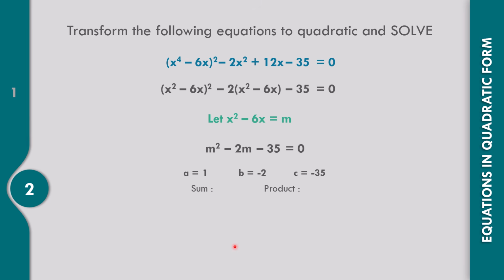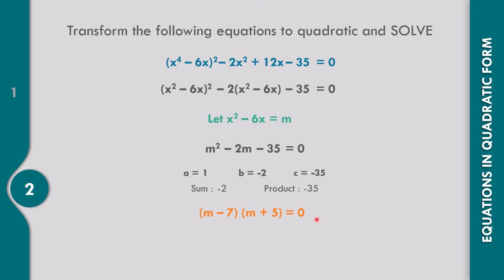So let us get the sum. The sum is negative 2 and then the product is negative 35. Think of factors whose product is negative 35 and whose sum is negative 2. If we choose 7 times 5, that is incorrect because the product should be negative 35. So if we put a negative, negative 7 times 5 is negative 35, correct? Negative 7 plus 5 is negative 2. So it means the factors of m squared minus 2m minus 35 are m minus 7 times m plus 5